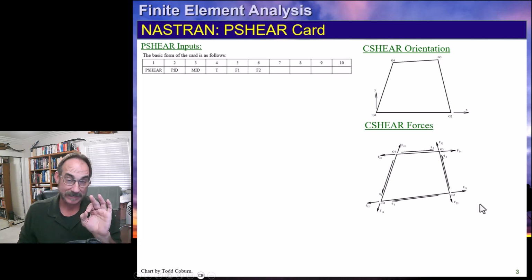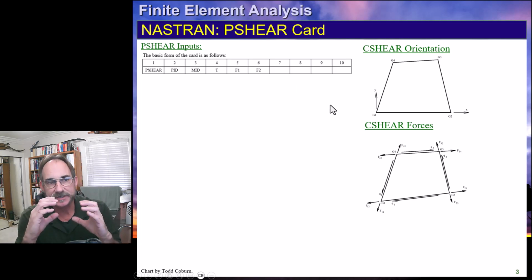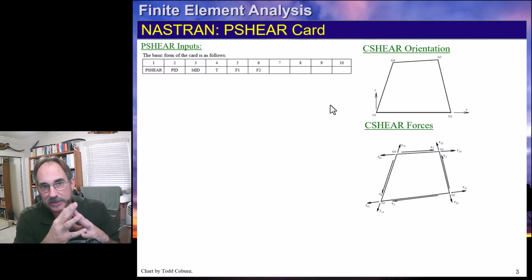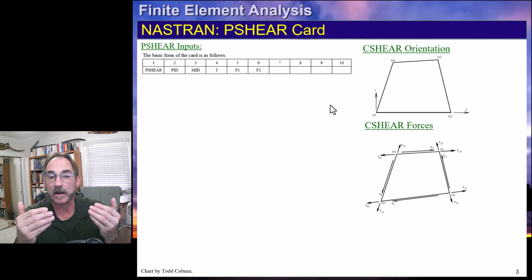And we also are going to need a property card. So the property card for a shear element is the P-shear card. It's got the name, it's got the property ID, the material ID, a thickness value, and two parameters, F1 and F2. Now what happens is, those of you that have been doing structures for a while are aware of the